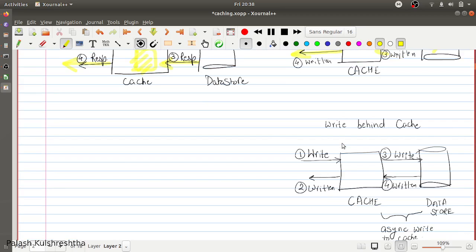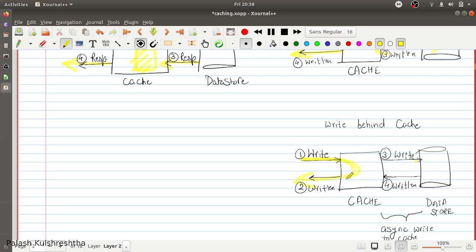What is write behind cache? In write behind cache, rather than writing through the cache to the database, what we do is we only save the data in the cache and then return the response like this.